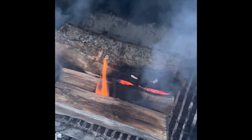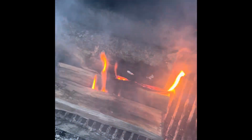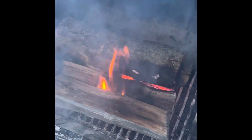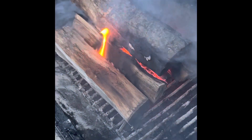We got a fire started here, and I'll give you some snips and clips later in the video of how to get a fire started in case you don't know. But we're working on rendering this wood down to coals, and then we will physically cook our flat iron steaks